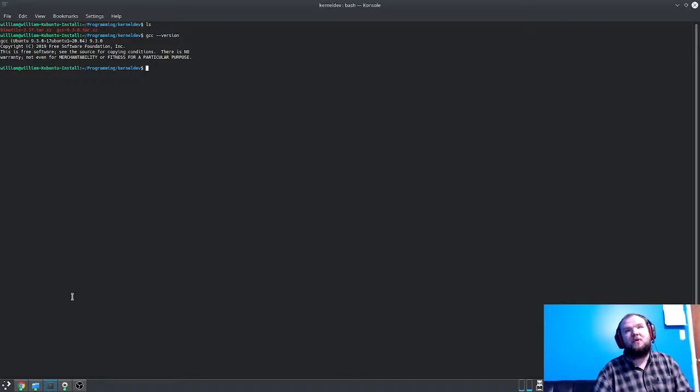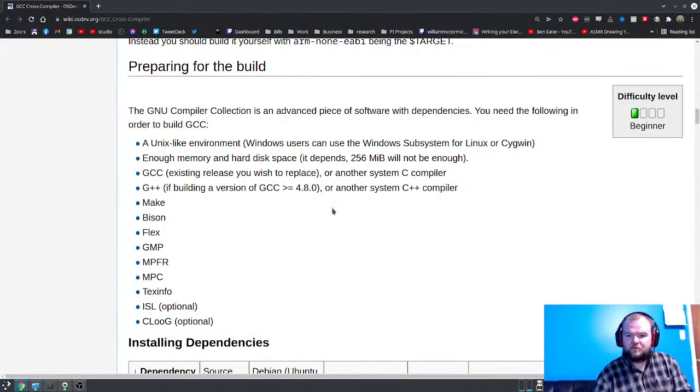You do want to make sure you have build essentials. I think that's about it. Yeah, build essentials and maybe a couple other small things like the binary utilities. Here we go. You're going to want to make sure you have